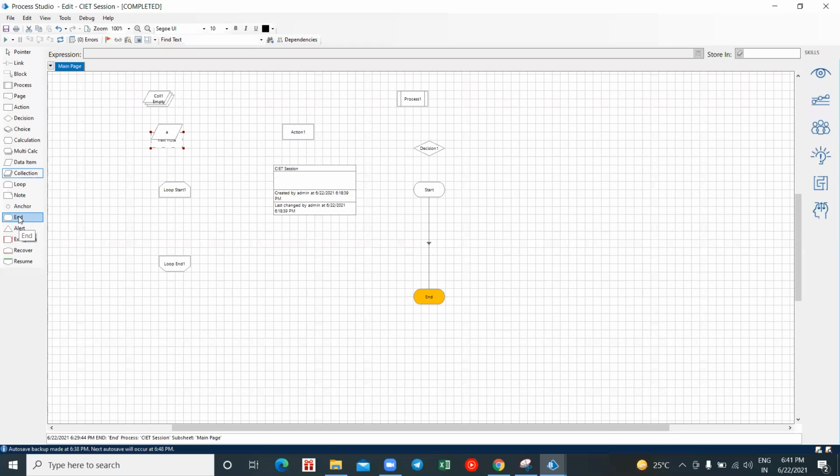Now I have an end stage. End stage is nothing but a final stage. Once after this end, it will not be executing anymore. And alert. One more difference: when you go to your Object Studio, you will not find this particular stage there. Alert stage is not available for us in our Object Studio, as alert stage can be configured only to the flows which have been published to my control room. Until and unless you publish a flow to your control room, you'll not be able to configure your alert stage. Alert stages are used to show a notification.